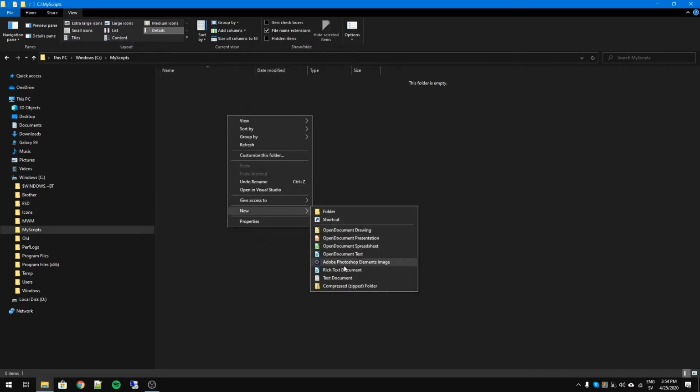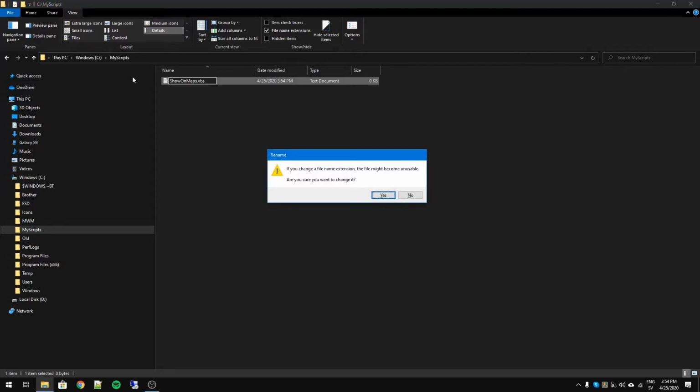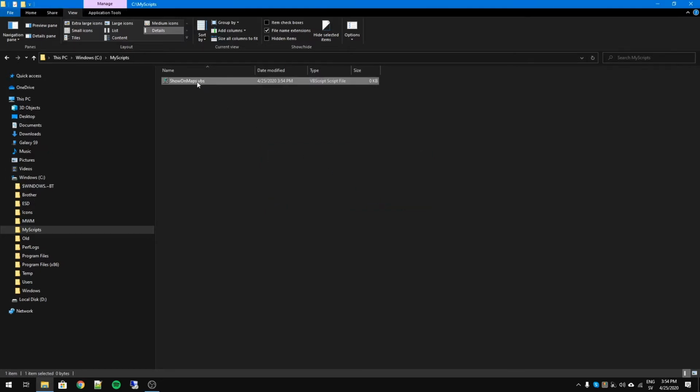So create the file. It could be just a text file. We're gonna rename it anyway to, you can call it show on maps.vbs. This suffix vbs is very important. It's Visual Basic Script. Now it's gonna ask me if I just show. Let's click yes. So this suffix, that's why it was so important to have this checked, because otherwise we could never create the